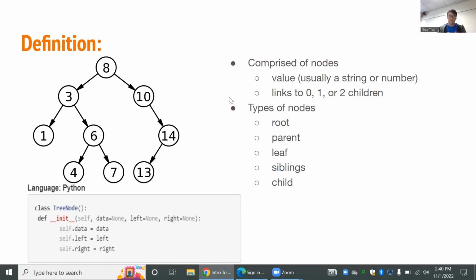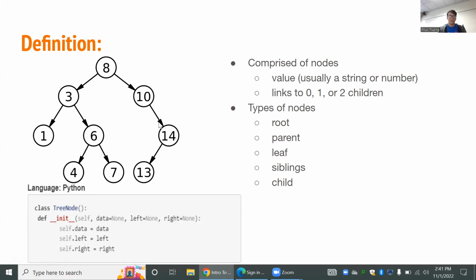So different types of nodes. The root of the tree is the very top node. The parent is any node that has children. The child node is any node that has a parent. Siblings are nodes that share the same parent. And then the leaf node is the node at the bottom of the tree that doesn't have any